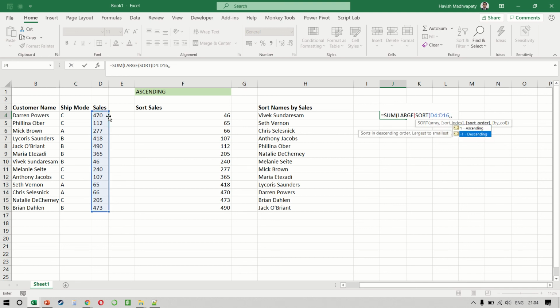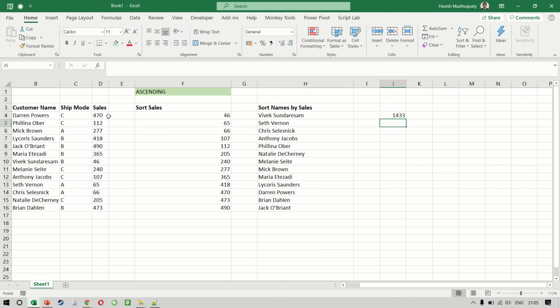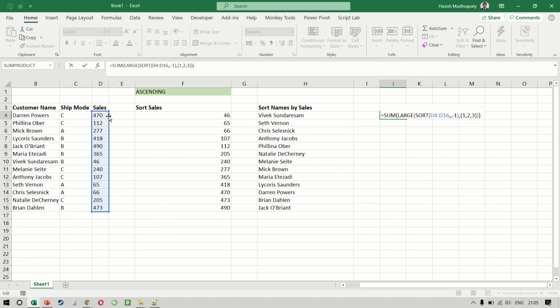We can say this is, let's say, ascending, or let's say descending. In fact, we don't need a sort order as well, so we can just stop at this point, and our k value would be curly braces 1, 2, and 3, and then finally we can close our function. So it tells me the sum of my three largest numbers.